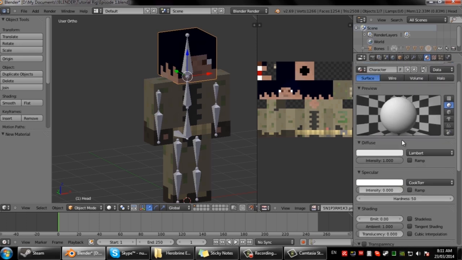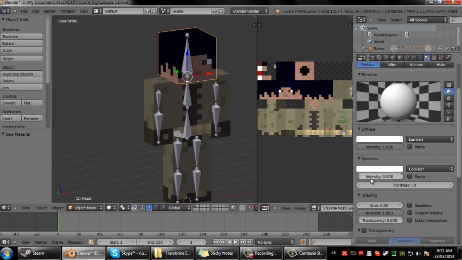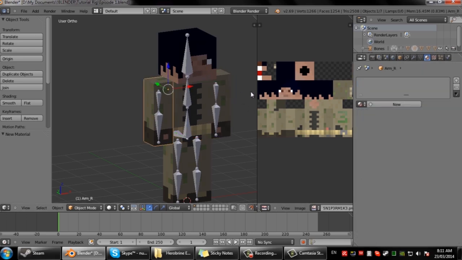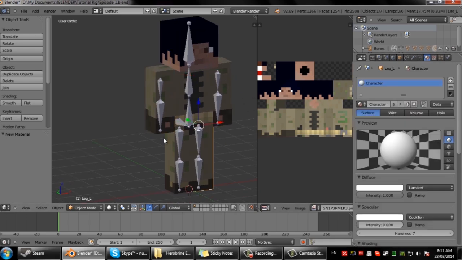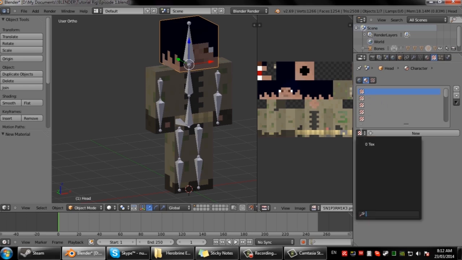Make sure, yep, the only thing that you need to change is diffuse, make sure that's all the way at white, and specular. I usually turn that off, but if you want a little glossy look, I'll just put the colour down so you can see. See how the light makes it glossy, and you can just muck around with the hardness and stuff, but I usually turn it off fully. Now, what we need to do is select everything, change that to character, character, character, everything's character. Now we come over to the texture tab, make sure the first slot's selected, and press new, and call this Steve or character,